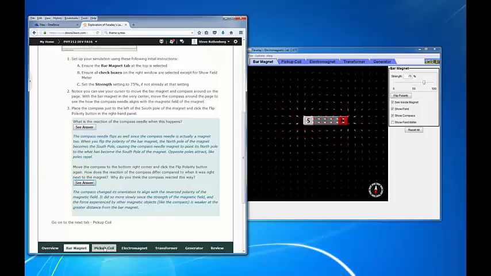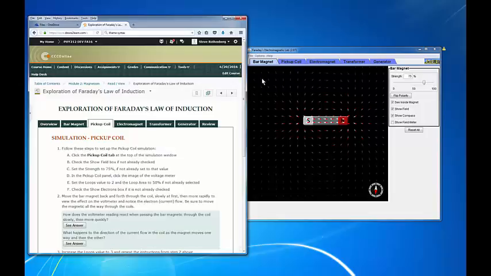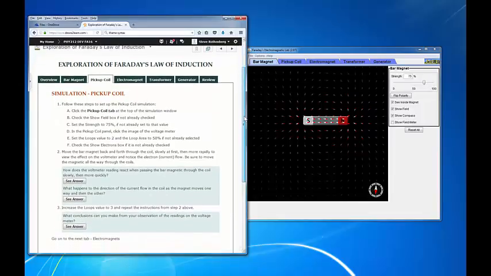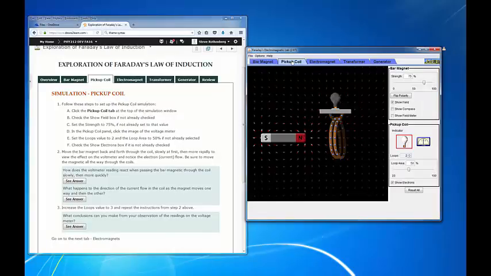Let's go on to the Pickup Coil tab. We'll follow these steps to set up the pickup coil simulation. We'll click on the Pickup Coil tab at the top of the simulation window. We'll check the Show Field box if not already checked. We'll set the strength to 75 if not already set to that value. In the Pickup Coil panel,